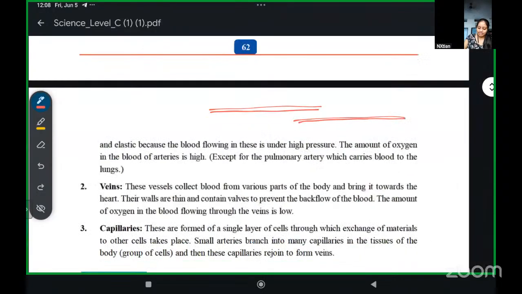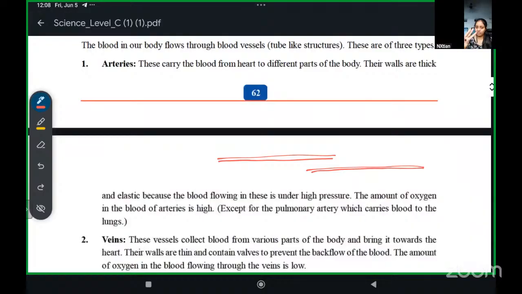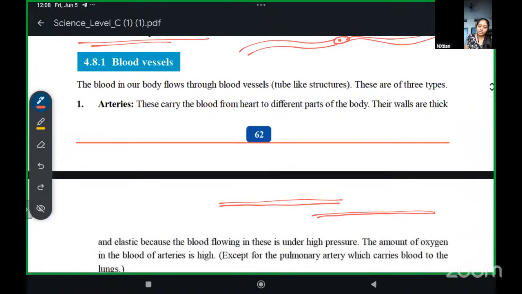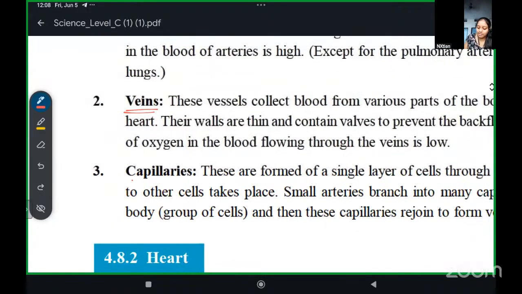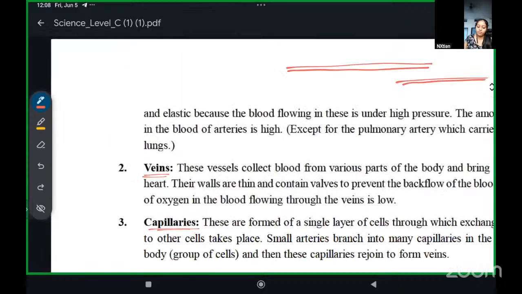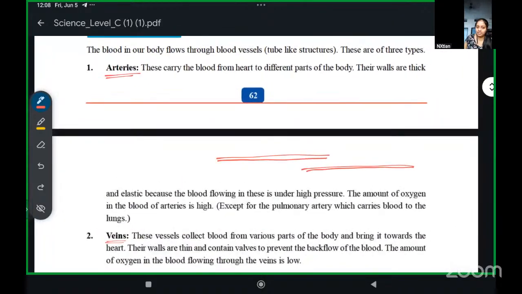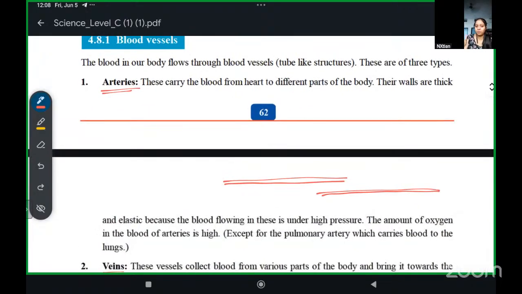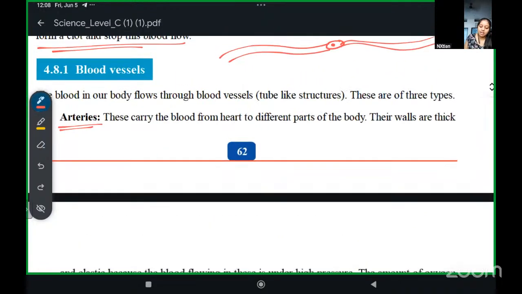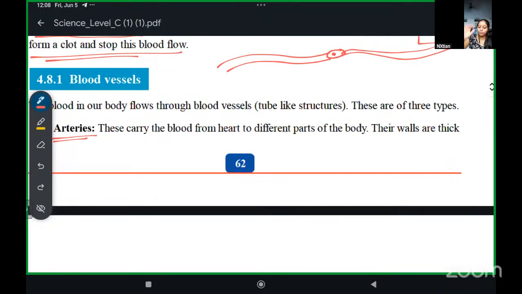These are of three types. The first one is arteries. The second one is called veins. The third one is called capillaries. We have arteries, veins, and capillaries. Let's see how they are different from each other and what their functions are. Arteries carry the blood from the heart to different parts of the body. You know that